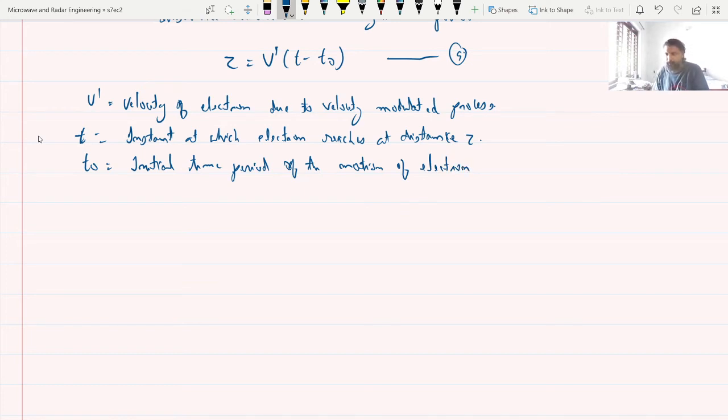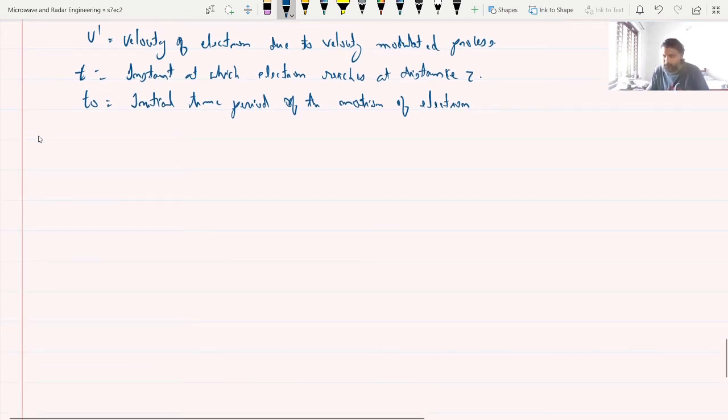Okay. So, the moving electrons are interacting with the electric field, that already you know. To do this interaction, what we have to do is the velocity of the electron is made approximately equal to the DC velocity of the electron. Okay, that I will write.